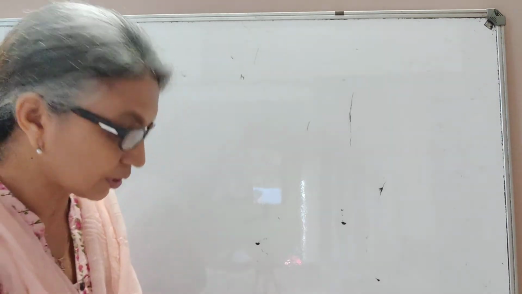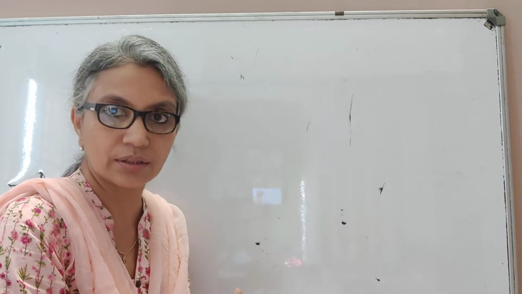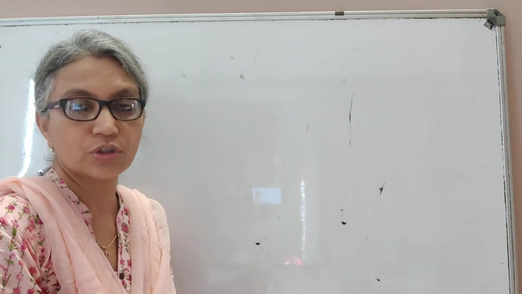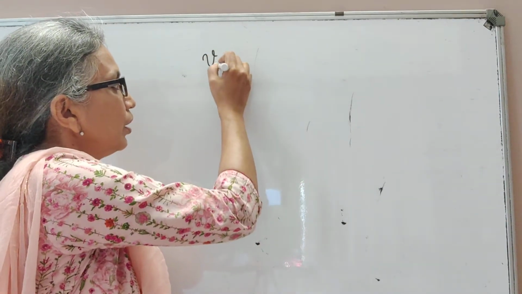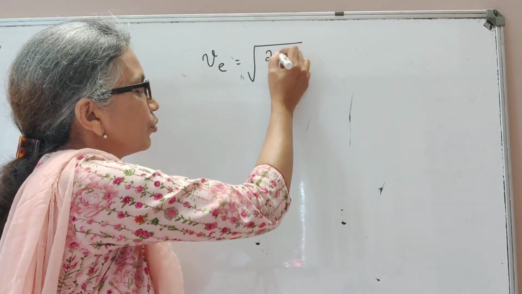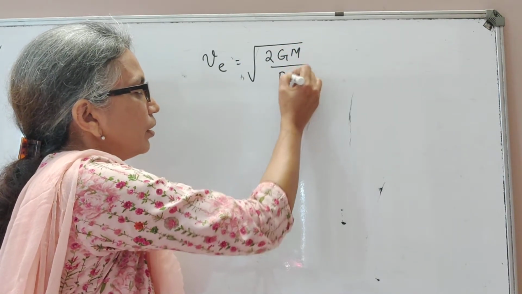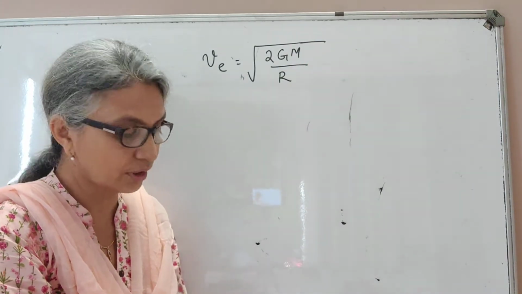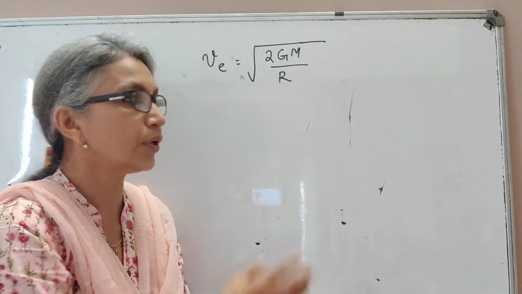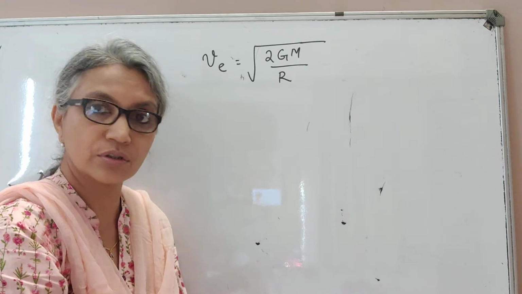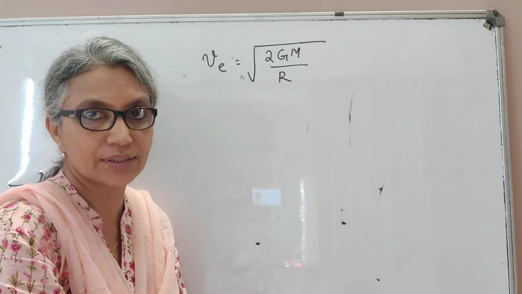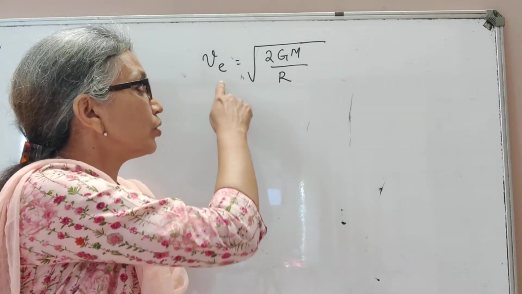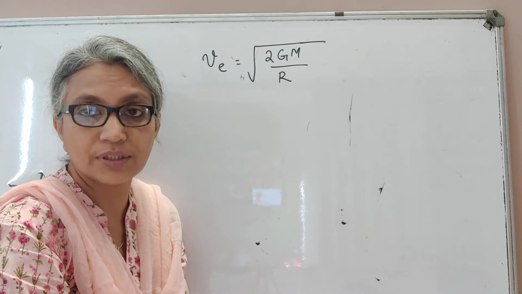So here, the next question is the one after the last question in the previous session. Now, you're asked to check whether this equation v_e = root of 2GM by R is correct. First of all, let me tell you about this equation. Some of the equations that you see in this chapter may be very new to you, but don't worry. All of these formulas or equations you're going to come across in one of the chapters in 11th standard. This equation you will come across in the chapter called gravitation, where we are talking about the escape velocity from the surface of the earth.